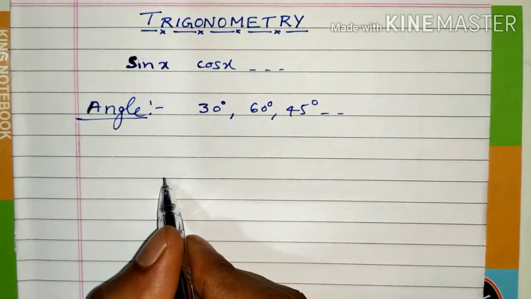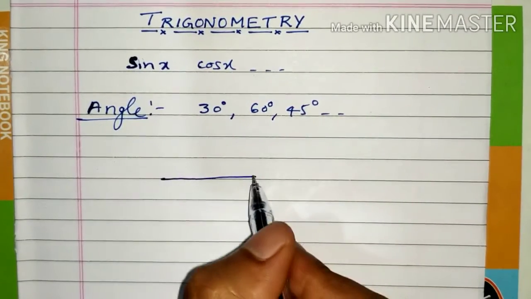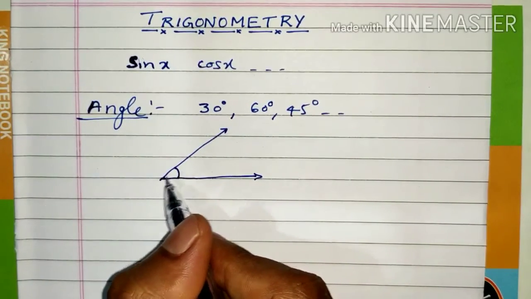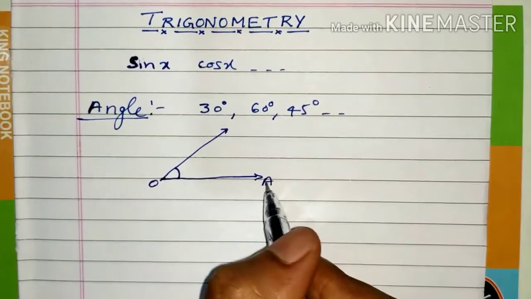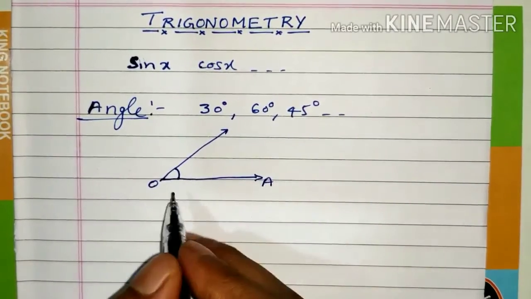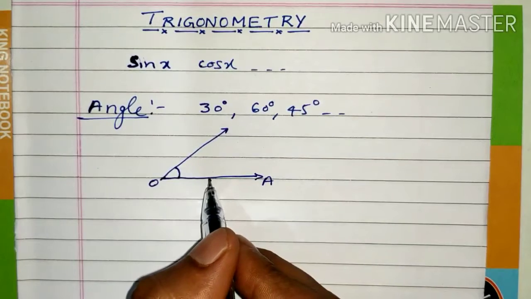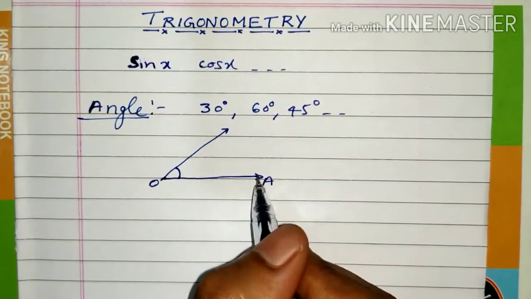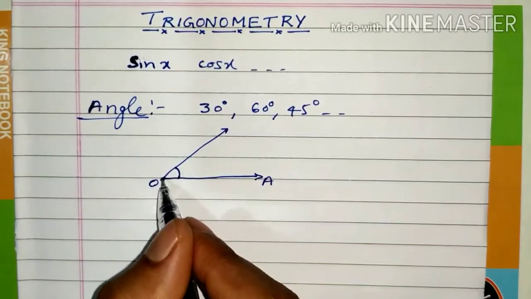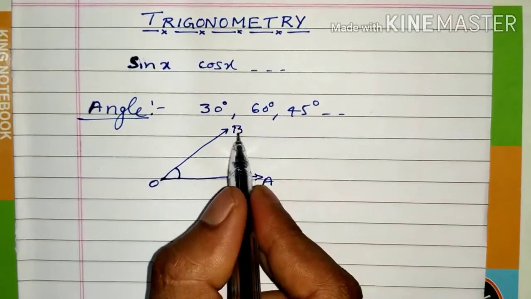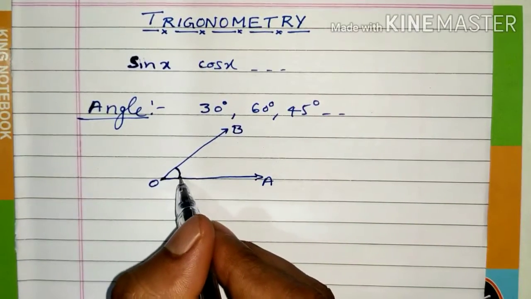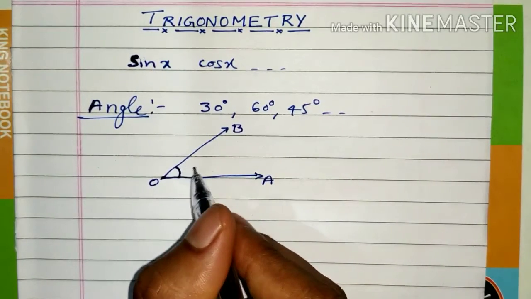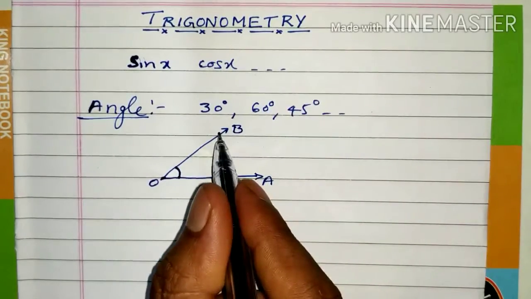Whenever you consider an angle, you see two lines, correct? So that is like this. So here we write the value. Suppose I consider OA as the initial line, and it makes some rotation, right? So this is the initial position of OA, and after some rotation, keeping this point fixed, it reaches here, the point B. So this portion here we write the angle. So it is nothing but the amount of rotation.